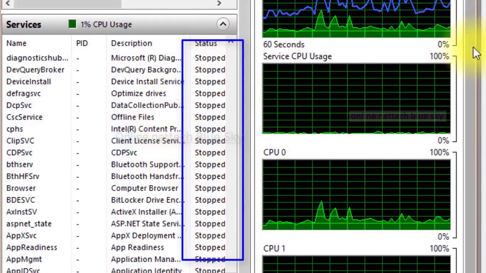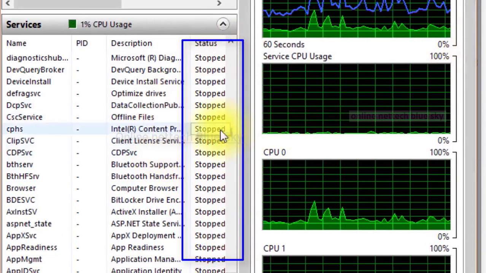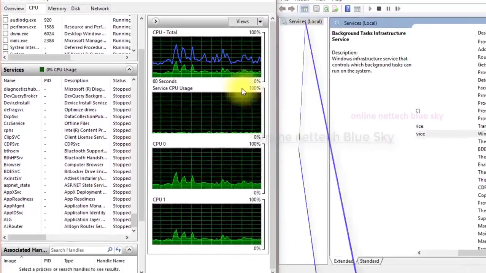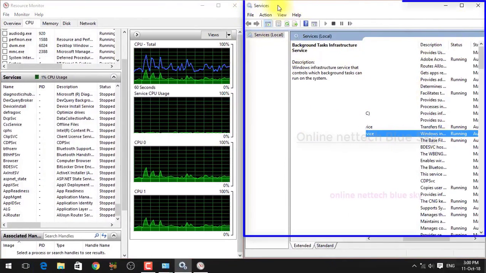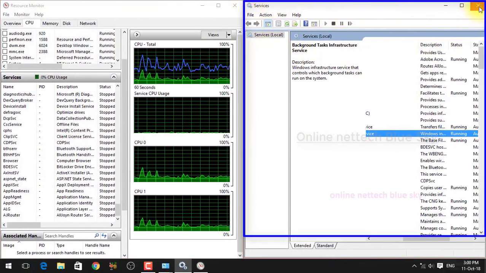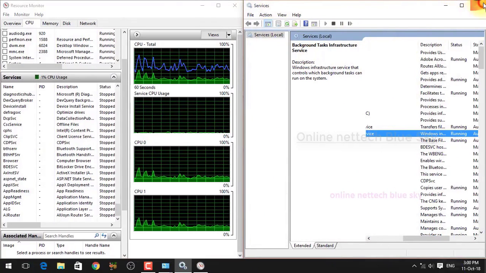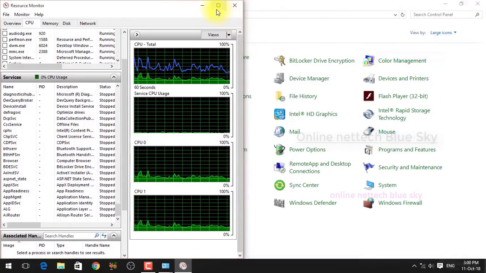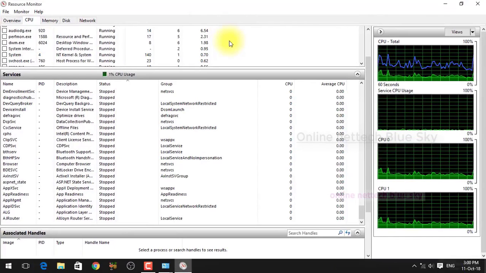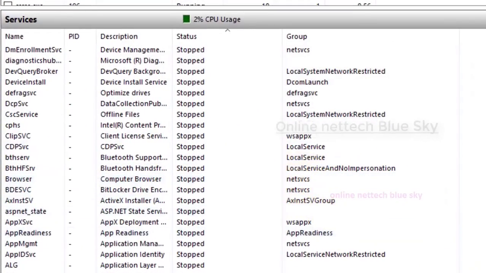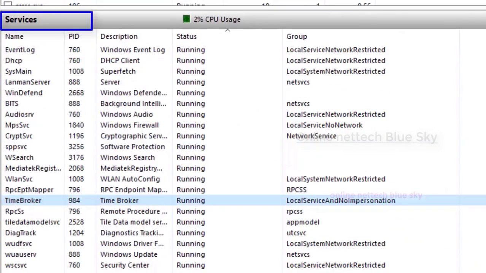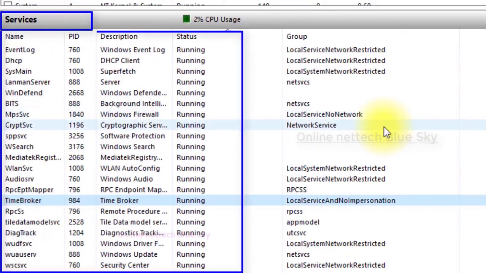Some system processes start, some services start, and some system services are stopped and not starting, because I don't like unnecessary systems and unnecessary services. I want my computer to work fast and work perfectly. So unnecessary services I have already stopped, of different types. But I'm just showing you why a services window is used in the resource monitor.